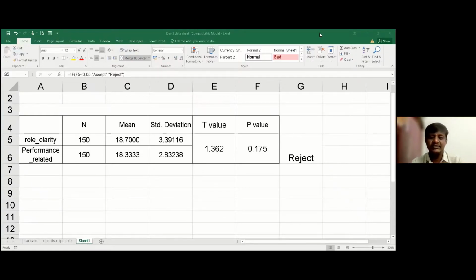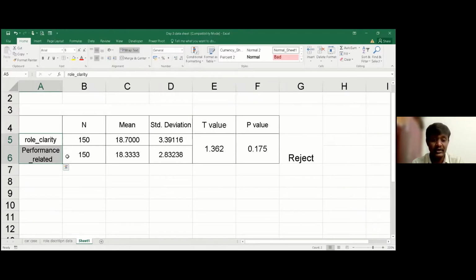So this is how to execute a paired samples t-test for the given data. Once again, I repeat, for executing a paired samples t-test, one condition we need to check: the variables we select must be either an ordinal variable or a scale variable. That is the only condition we need to check for applying a paired samples t-test.